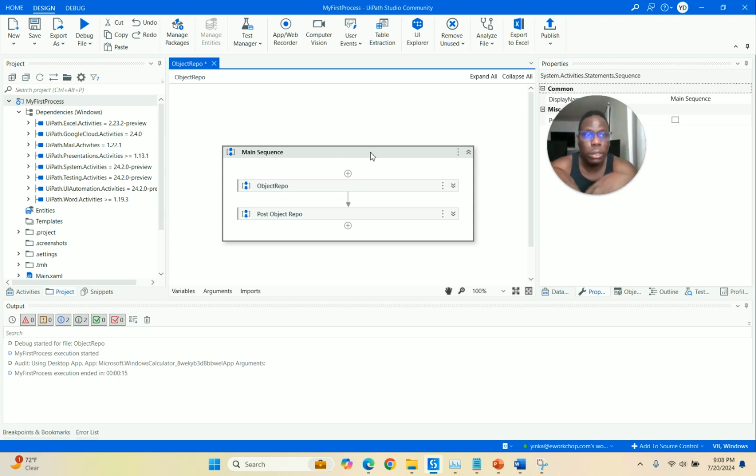In other words, I can share this automation with other people and they can run it on a different machine, as many times as they want, without needing to have this as the host machine. To do that, you have to publish this to orchestrator. In other words, the only way it can run on another machine other than this one is if I publish